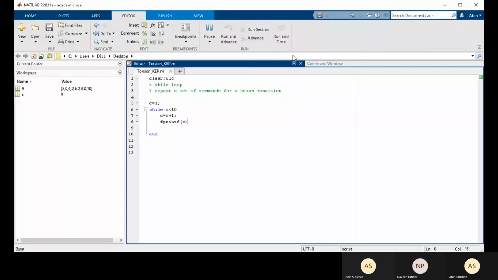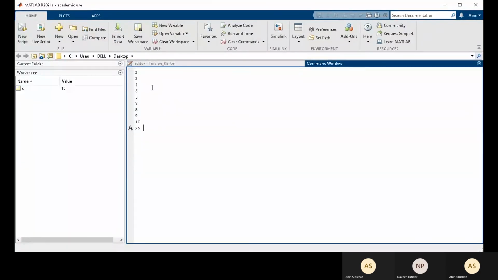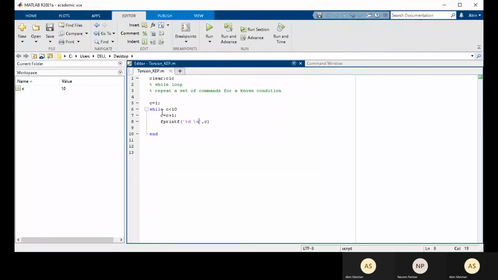So fprintf equals percentage d, and let's say with a newline character. If I run this, once it came into the loop, the C value became 2, and it ran as long as the value of C was less than 10.